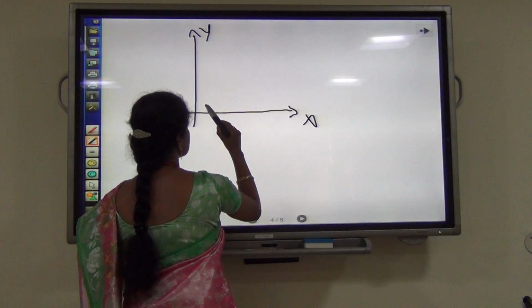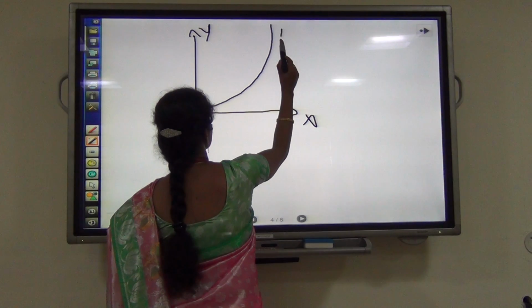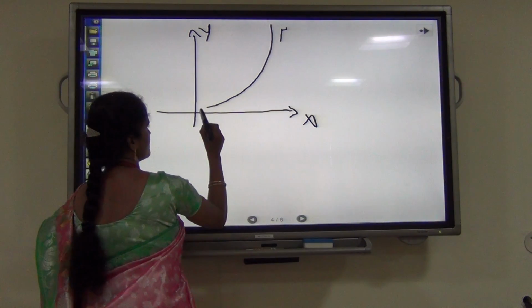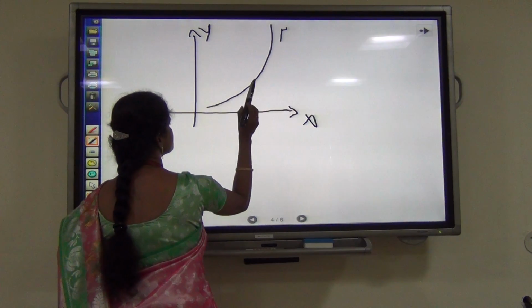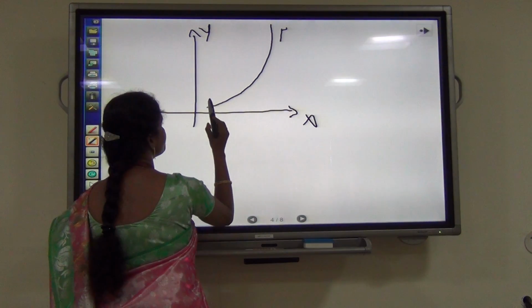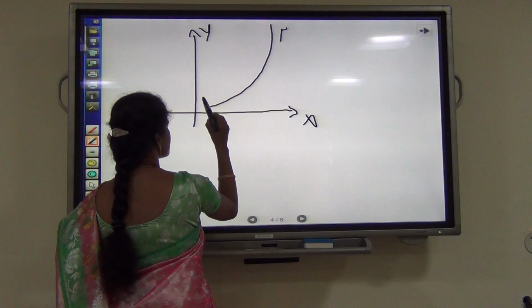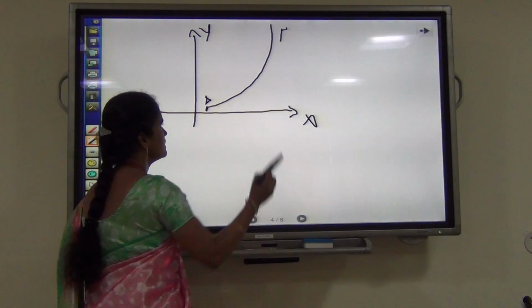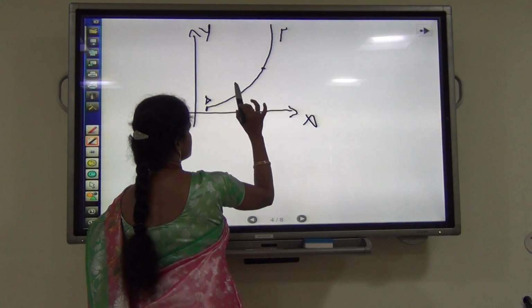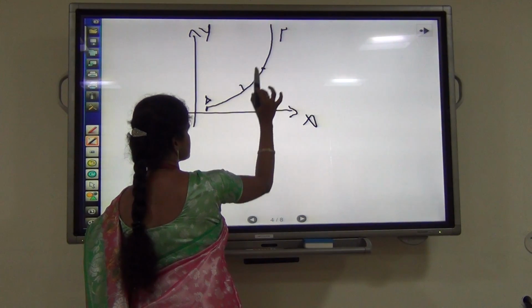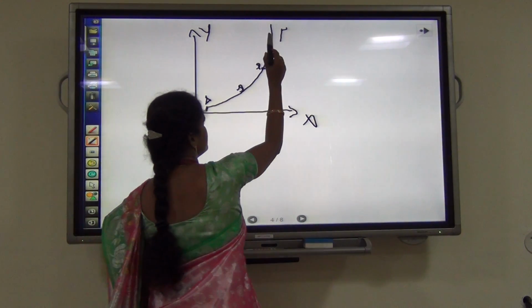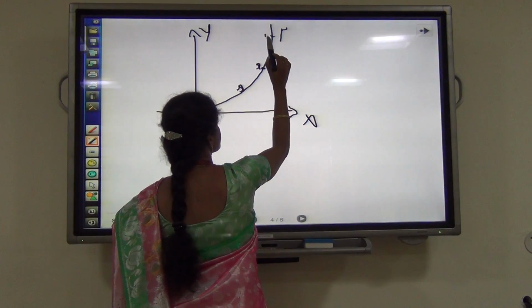Let me take a curve gamma, and the starting place of the curve, let us take it as some A. From A to B, the distance, let us take it as S, and here at the point Q,